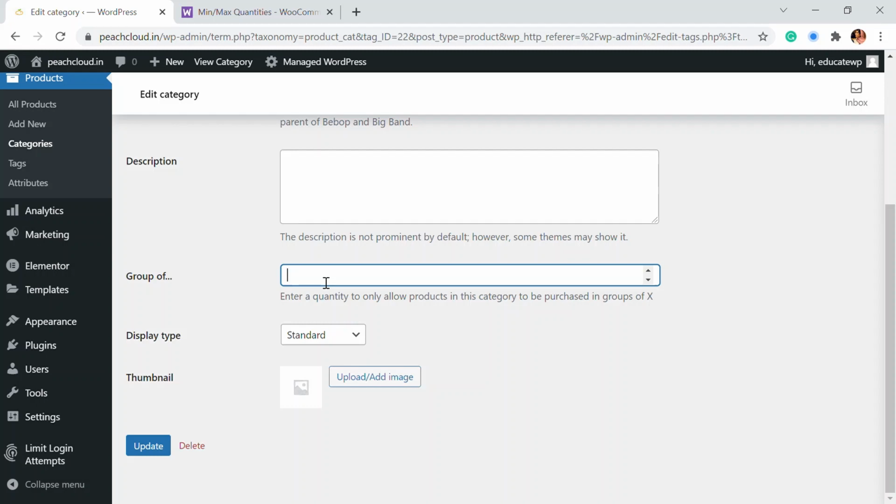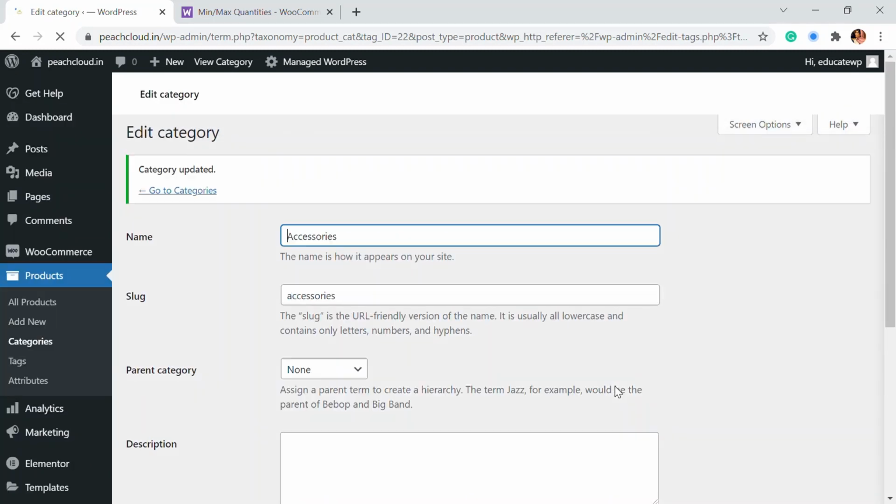Customers need to buy a number of products in that category in a group of X only. So if you are selecting this accessories category, you must buy like 5 items from that category to be able to be in the cart. So that's what group of says. So however many accessories you have, you can add them in a group of X, any number. So you can just update to that.